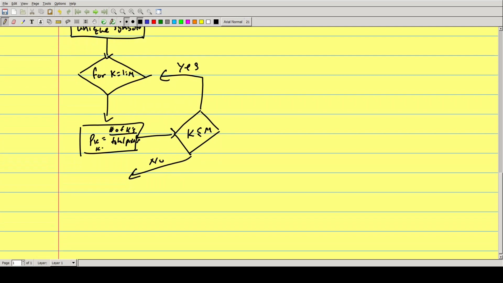Okay, there should be a k plus 1 here too. Whatever. Okay. Do a loop, right? Loops and flowcharts are always dumb looking. Anyway,